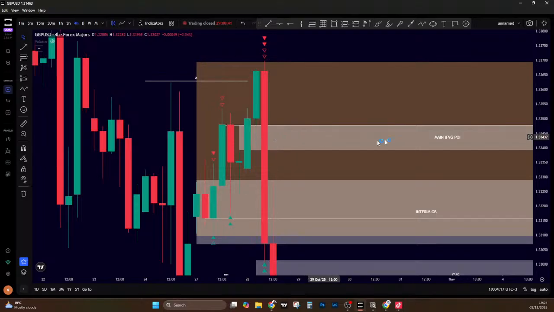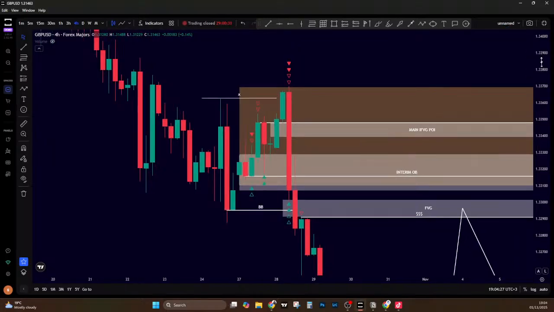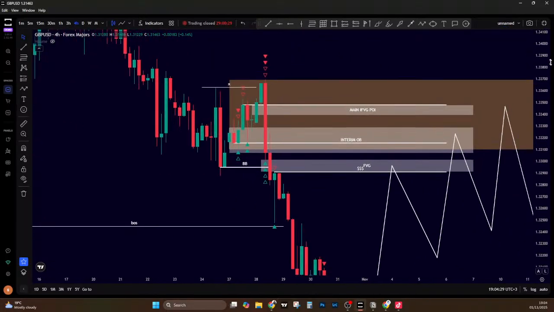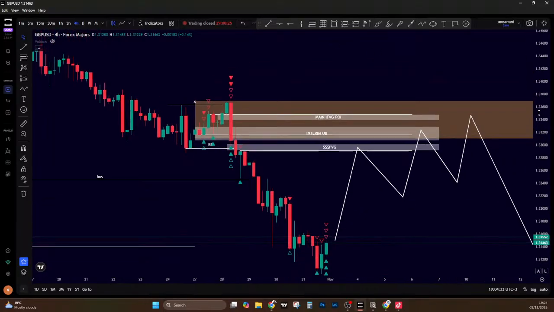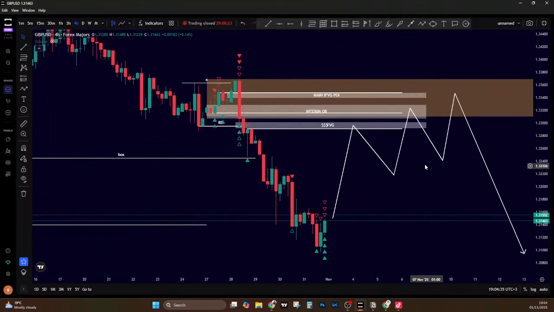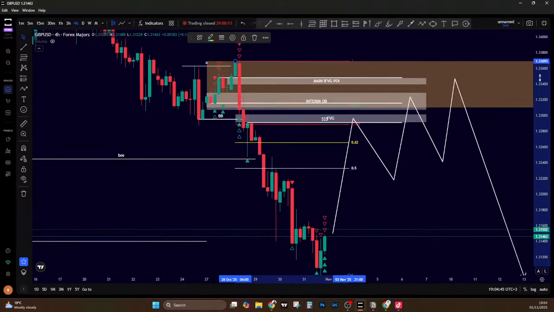Can you see this IFVG is one of the greatest areas where the market makers will want to come and take their orders from there. So I want to show you another thing. Of course, we know about Fibonacci, so that we try to check if we are around our areas. Now look at this,